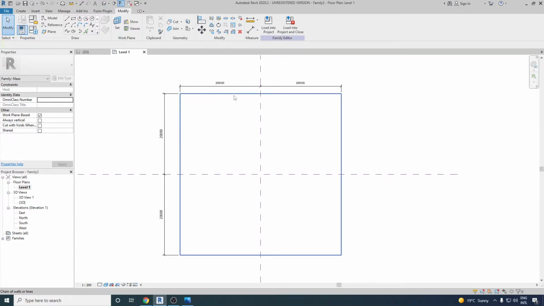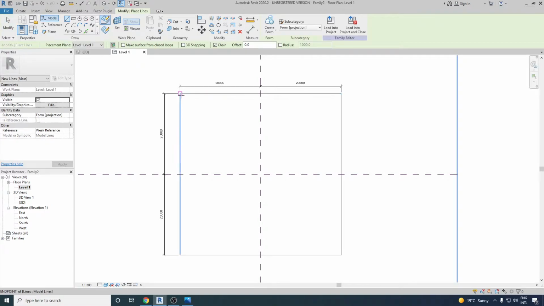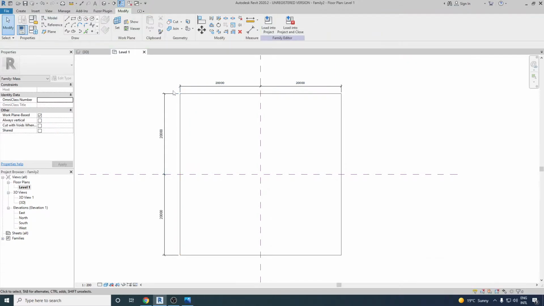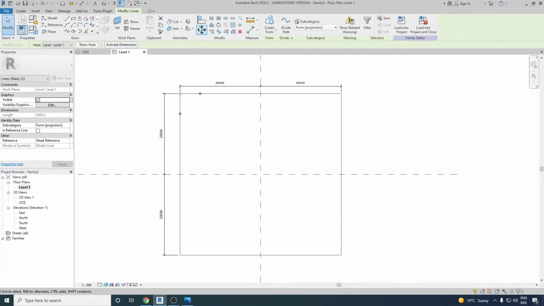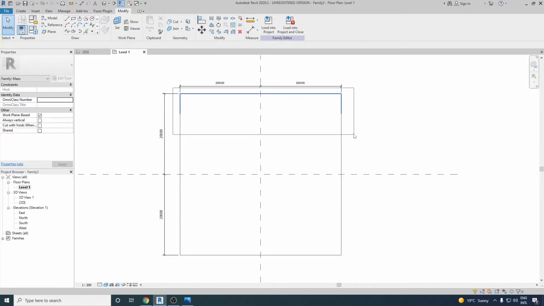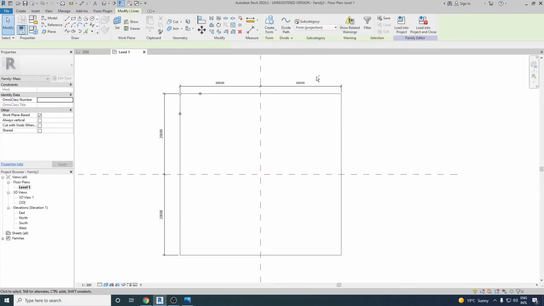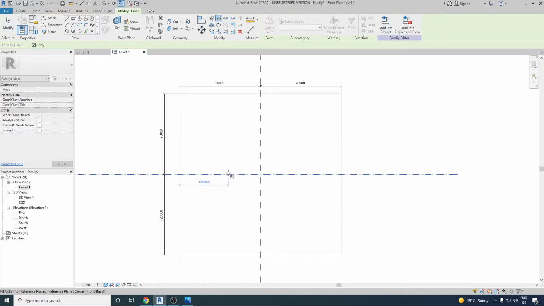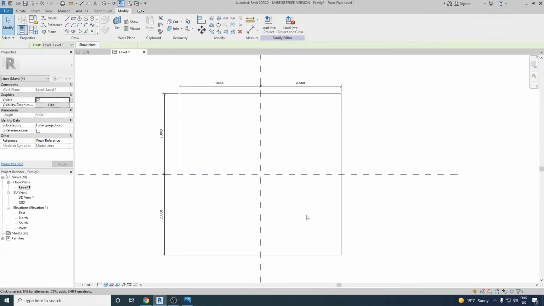Next I would like to create a chamfer here of 5 meter on each side. Let me take the line option and I'll take a reference. Let it be 5,000 and then again 5,000. You're getting this warning because the line which we are creating is currently overlapping the present line. All right, so let's select this and mirror it on the other side. In a similar way, I can select this one and press Ctrl, select the other one, and then mirror it below. So you can see it here.